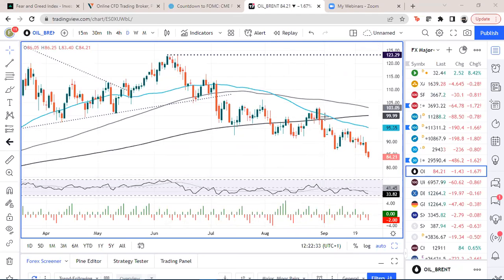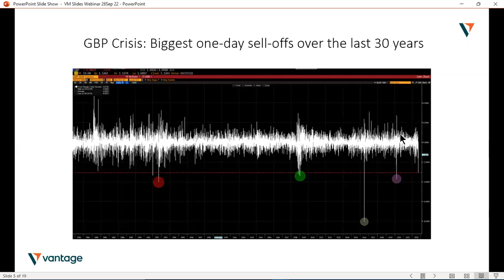Right, let's move on to sterling then, and bear with me 1 second. We've got here a chart actually. I haven't had time to update it sadly, but this was Friday's price action actually. So just sort of highlighting what we saw last week really. The biggest one-day intraday move, that was 3.5% down. Sterling was. We've not seen anything like that well, we obviously saw it during COVID. That's this move here. Then we've seen it obviously during